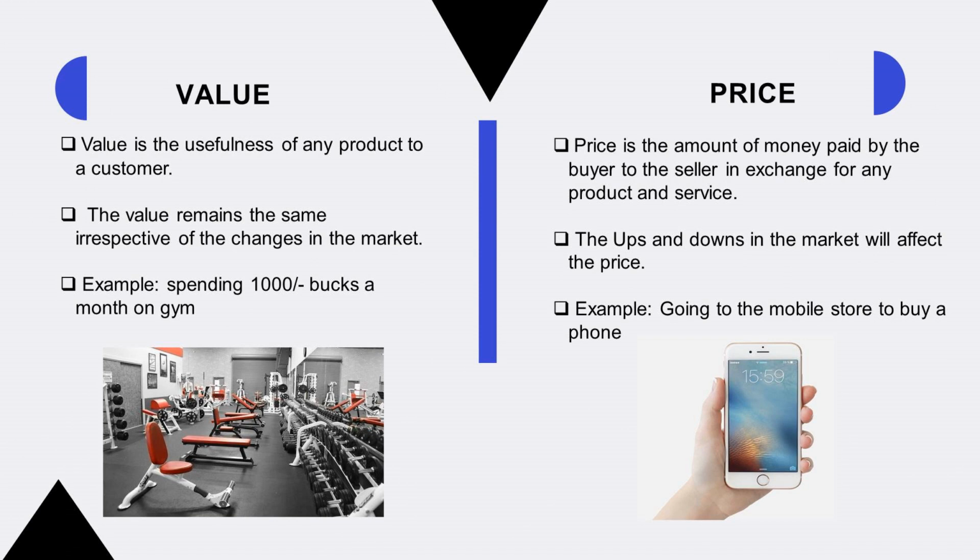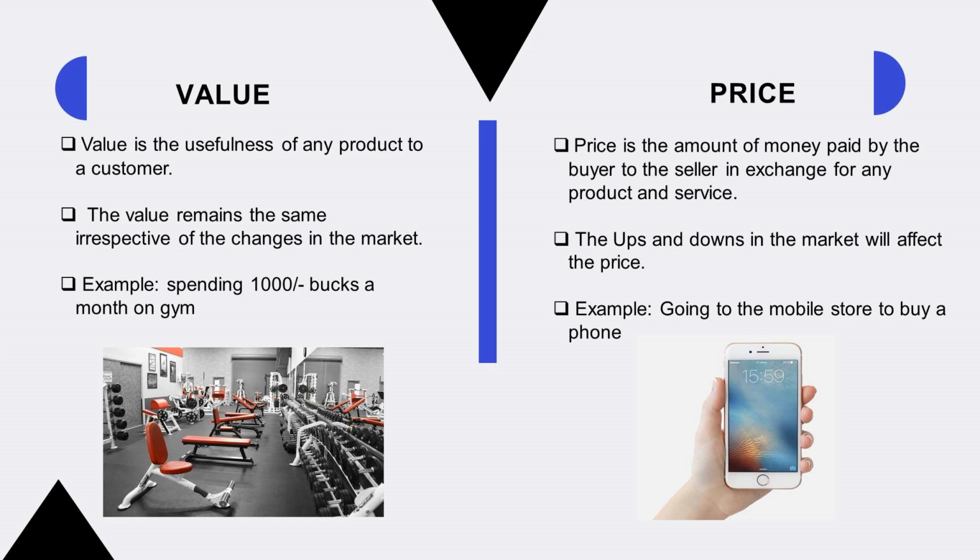For example, if you are going to a gym by spending $1,000 a month, the output seen is worth the expense. Then it is the value that you create for a gym regarding the service being offered there. Here, the worth is its value.